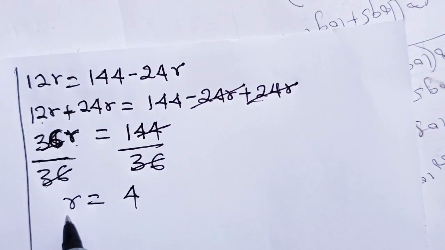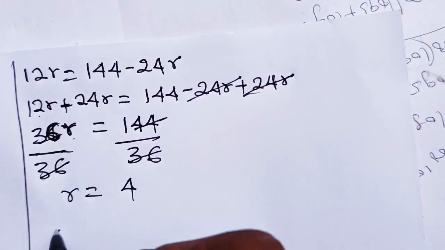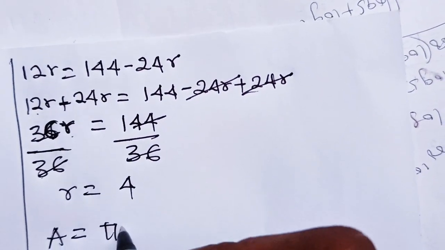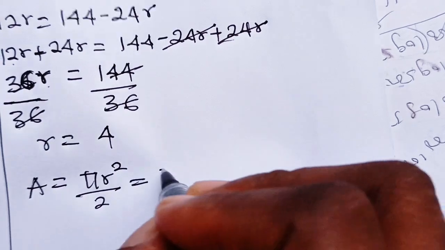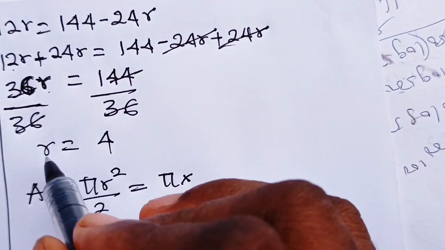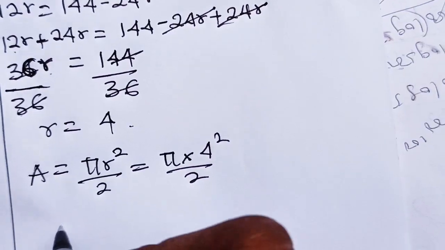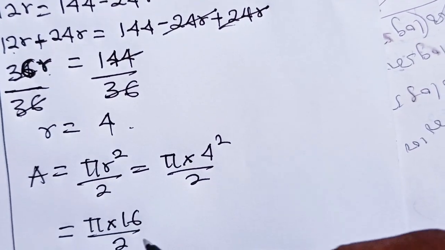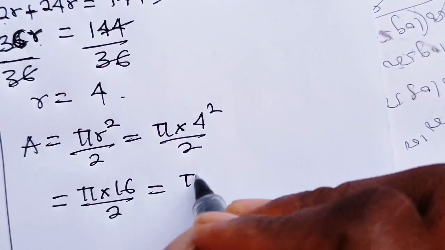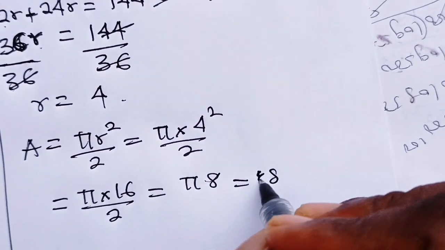So we have found the radius of the smaller semicircle. Now let's go and find the area. Remember that the area is pi r squared divided by 2, right? So it's going to be pi multiplied by the radius, which is 4, so 4 squared divided by 2. So this is going to be equal to pi multiplied by 16 divided by 2, which is equal to pi 8, or 8 pi